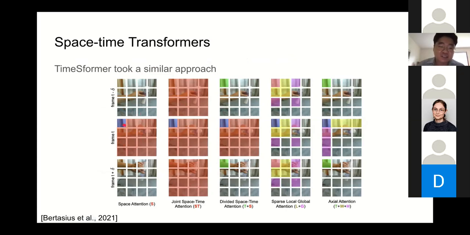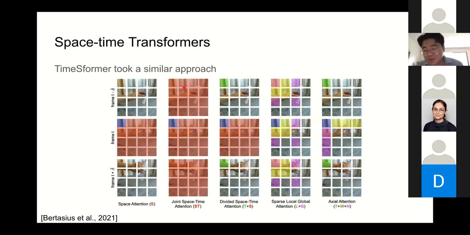If we apply just a regular spatial transformer, like Vision Transformer, for this particular blue patch, what it is able to look at is the red patches over here. If we do a full space-time transformer like ViViT, what this blue patch is able to look at is this entire thing, patches over multiple frames. If we do a space plus time transformer, this blue patch is able to look at the red patches here, as well as green patches. And this was also tried in ViViT, but they concluded that this is better than this one. On the other hand, Timesformer concluded that this is better than this.